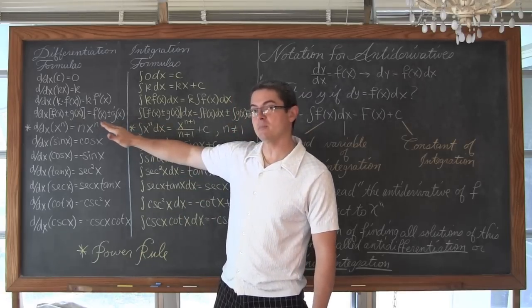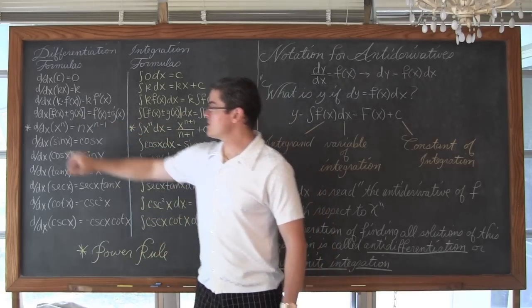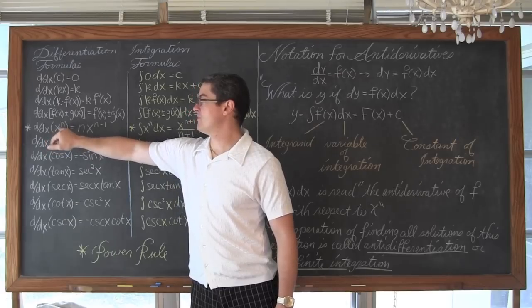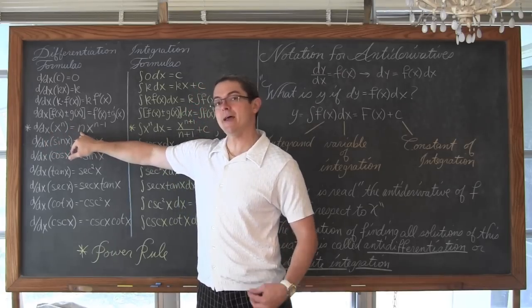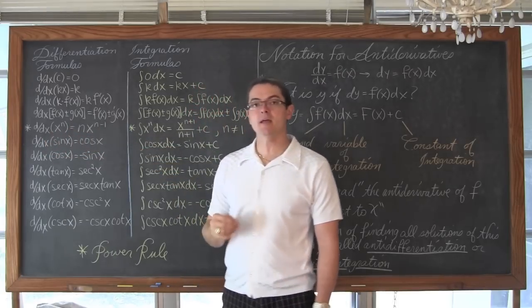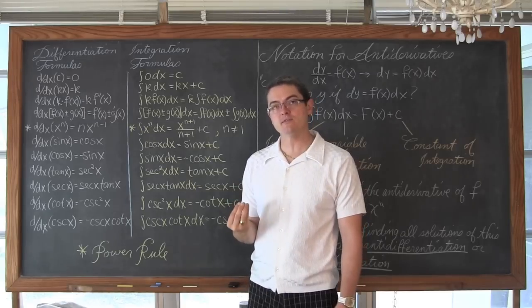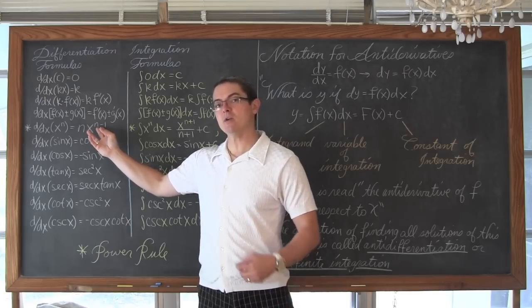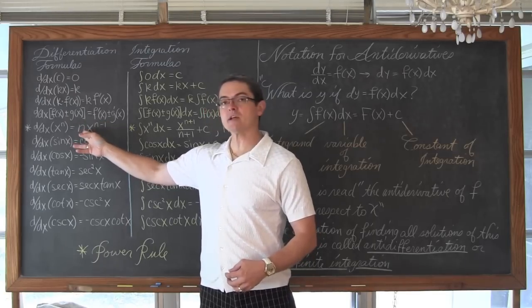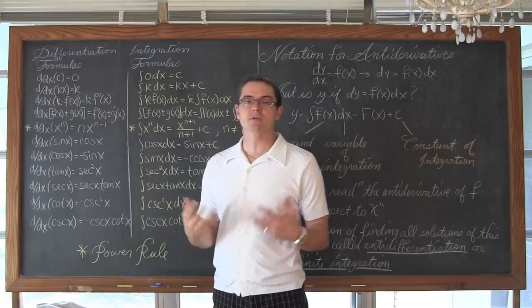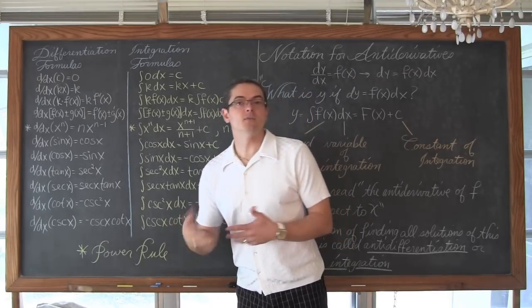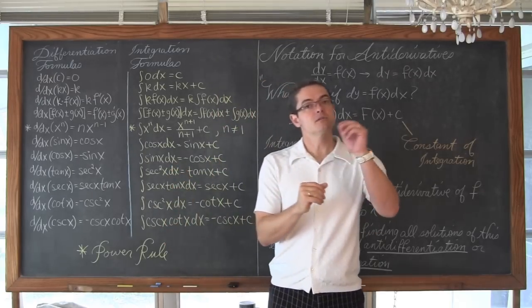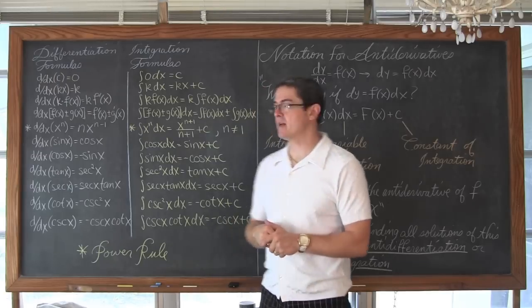We have the biggie that we're going to be dealing with, the power rule, which says the derivative with respect to x of x to the n is equal to n times x to the n minus 1. So when we do the derivatives, we reduce that exponent by a value of 1 and take the original exponent and move it down out front. So in other words, the derivative of x cubed is 3x squared, at least the derivative with respect to x.